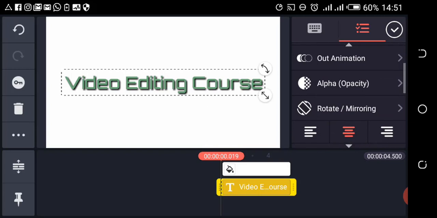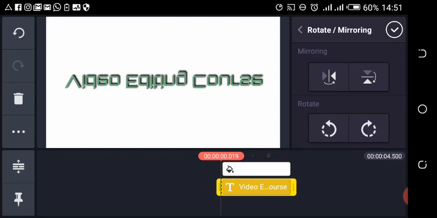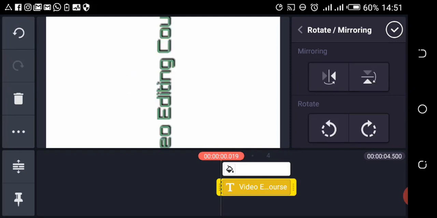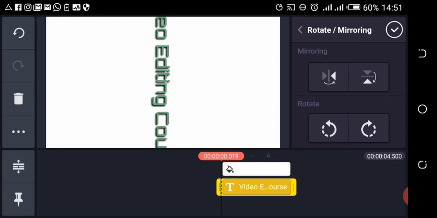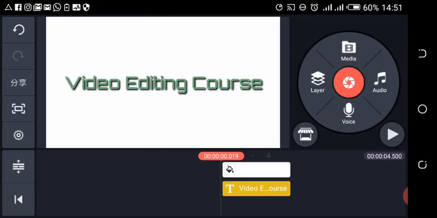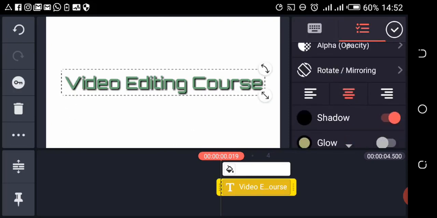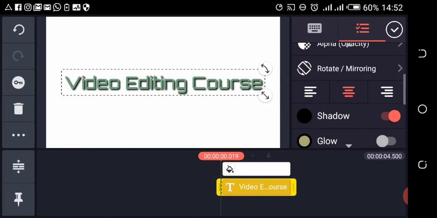So we can rotate it. You can rotate your text the way you want. You can rotate it this way as well. Okay, that's about rotation. Select it again. Now the alignment, you can align it either left, center, or right. That is mainly when the text is plain. You notice the effects here. Now